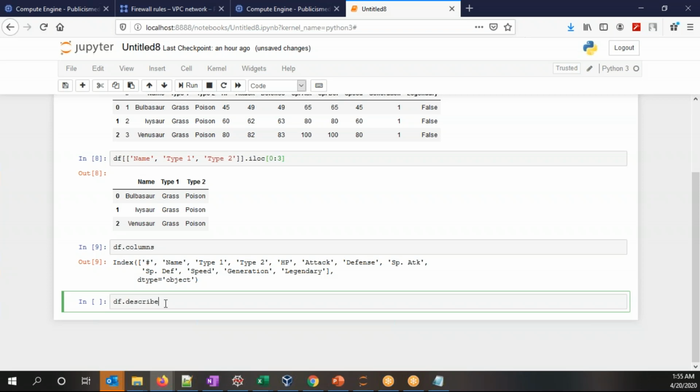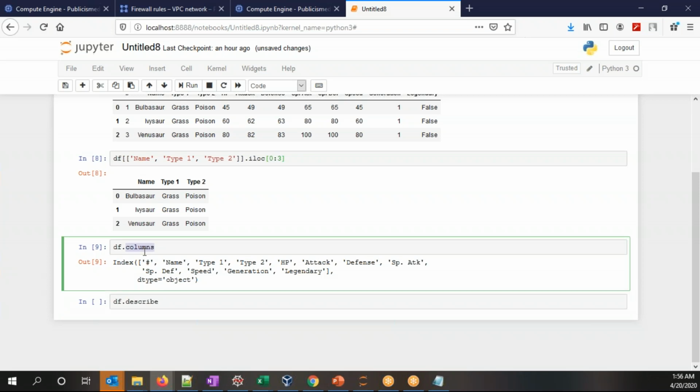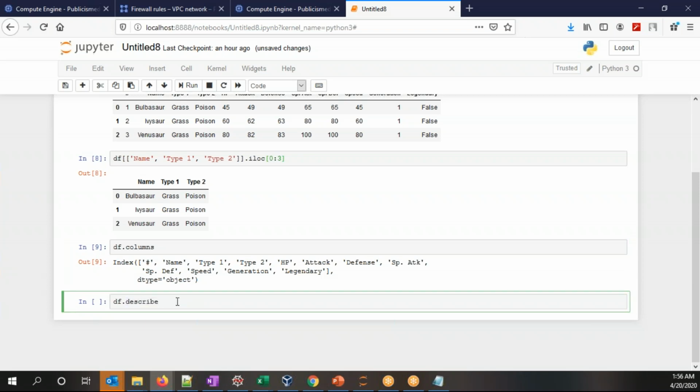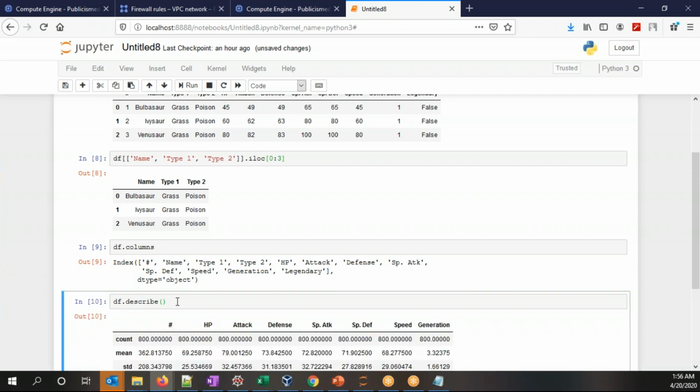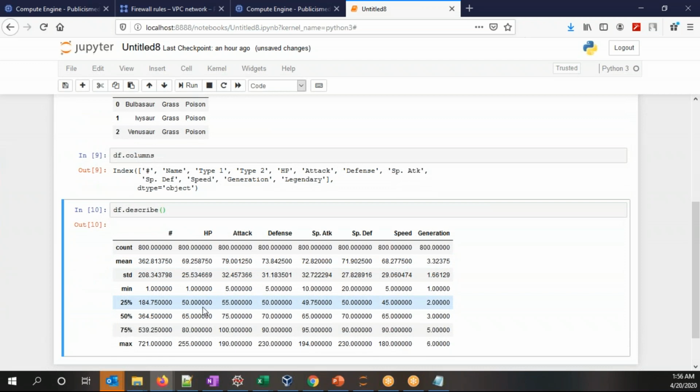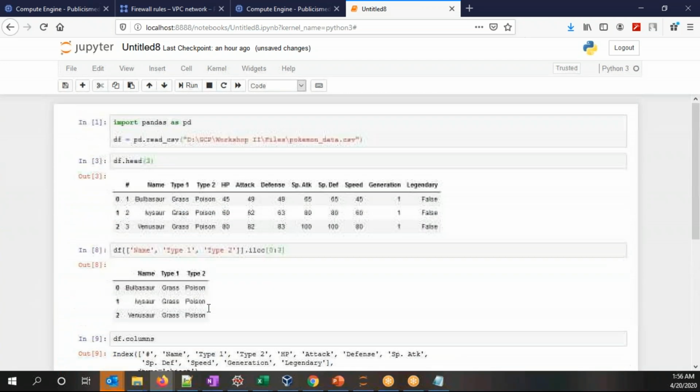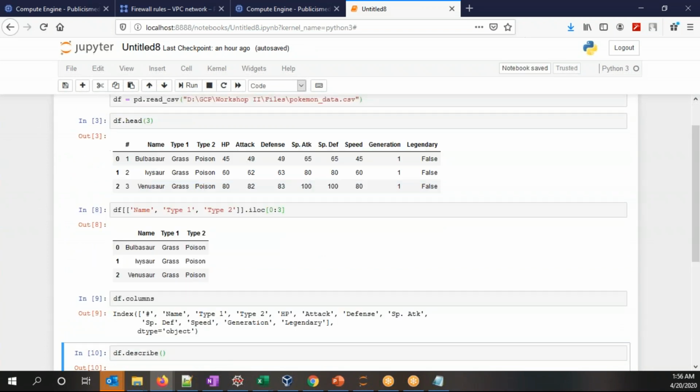Whenever we are using an attribute, for example, columns is an attribute, I can just type in df.columns. But if I want to use a method of the data frame, describe is a method, so I'll have to have circular brackets over here. So I can again do a control enter. What it will do is, for all the numeric columns, remember, not the category columns, not the string data, but all the numbers, it will